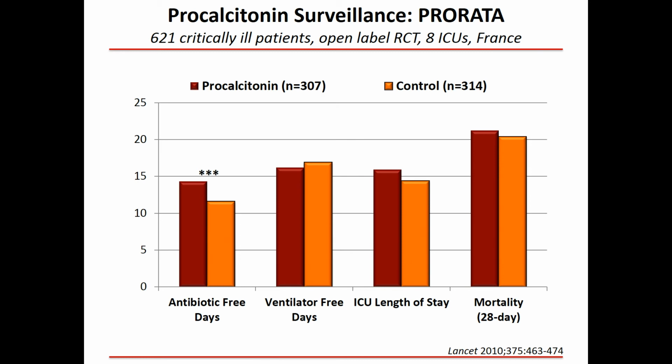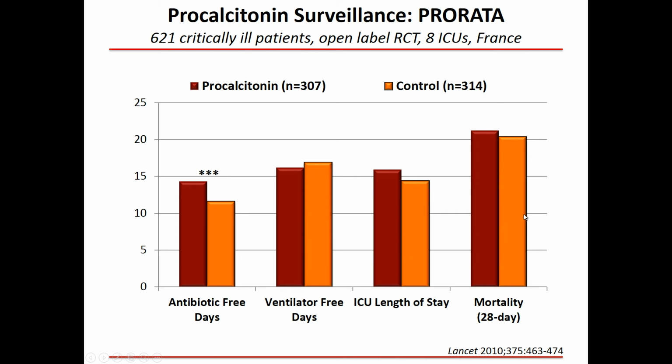One was the PRORATA study done in France, 621 critically ill patients, and randomized patients to daily procalcitonin levels compared to usual care. And when the procalcitonin level dropped below a certain threshold, clinicians were advised that they should consider stopping antibiotics. And with that strategy, they were able to show an increase in antibiotic-free days. So here the procalcitonin arm is in red, control arm is in orange, and you can see in the procalcitonin arm they were able to shave about 3 days of antibiotics off treatment for those patients. And that did not appear to be associated with any kind of adverse outcome, so no difference in ventilator-free days, ICU length of stay, or mortality, suggesting that the